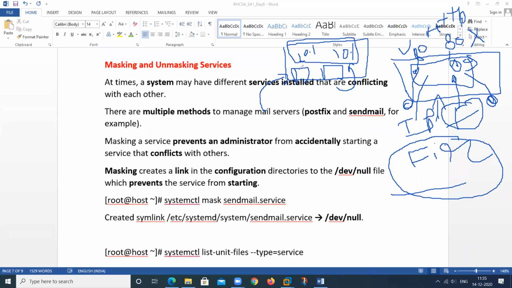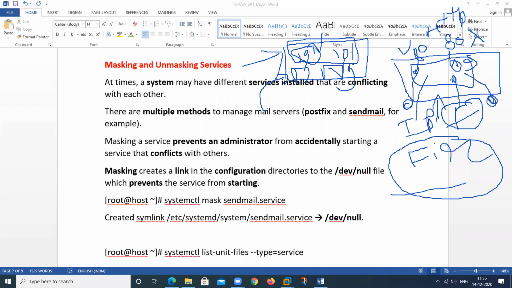It will conflict, because this is the same thing. This IP is allotted to this particular NIC. So only one will work; the same IP on another NIC cannot work.